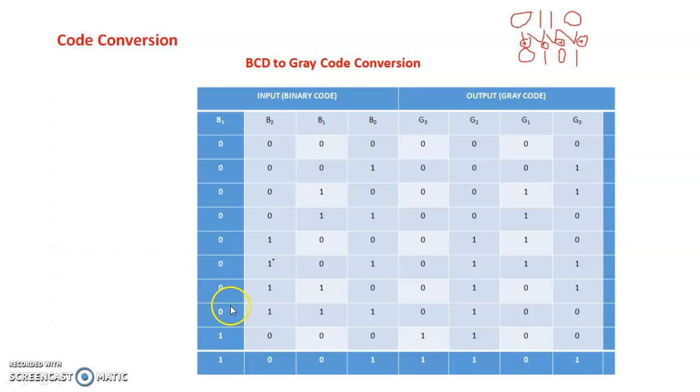So this is the truth table for 4-bit binary BCD or binary to gray code conversion. BCD number means, as we already discussed in the first unit, BCD is the binary coded decimal numbers. So 0 to 9 are the valid BCD numbers and numbers above 9 are called invalid BCD numbers.